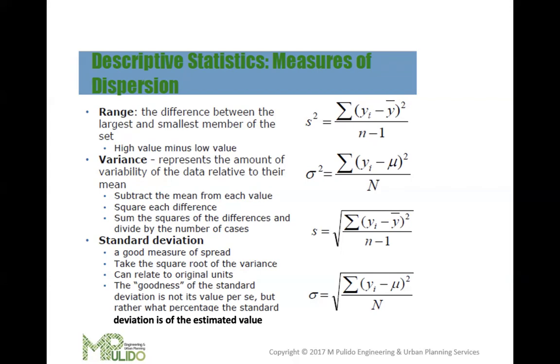So standard deviation indicates the average distance of data points from the mean. It is widely used because it is in the same units as the data, making it easier to interpret. The goodness of the standard deviation is related to how well it represents the spread of data around the mean. How do we apply this one? In class scores, for example, if the standard deviation of test scores in a class is low, it means most students scored close to the average.